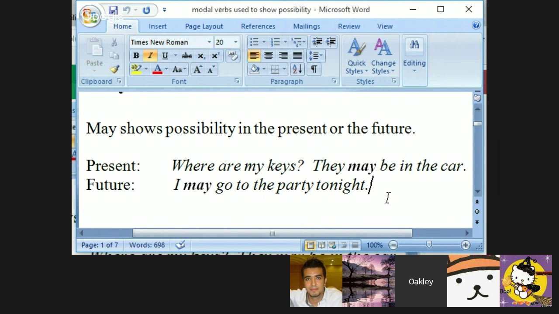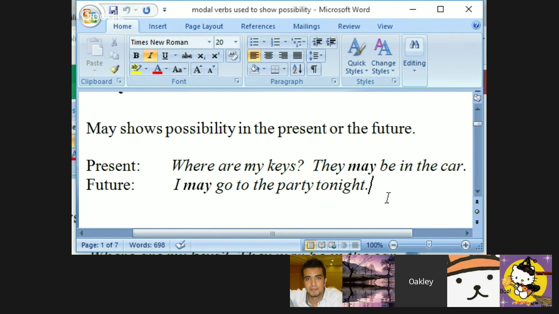You're absolutely correct. I'm an American, so for me, "may go to the party tonight" is a 50-50 proposition. But I now live in the Philippines, and if you invite somebody to a party, and I ask another Filipino, will you come to my party? And they say, I may come, or maybe, for them that means almost certainly no. But they're too polite to say no. Instead, you say, I may go. Yes. And so there's a cultural element.